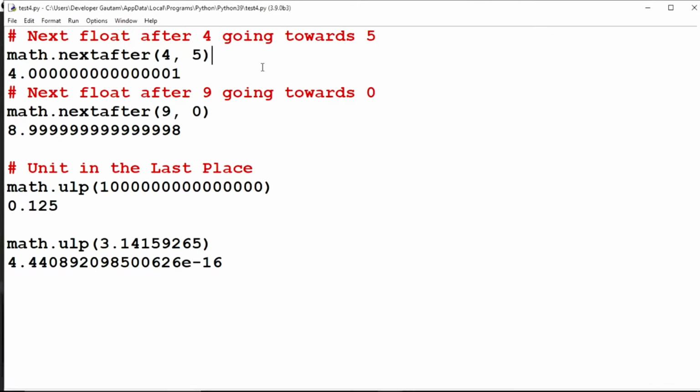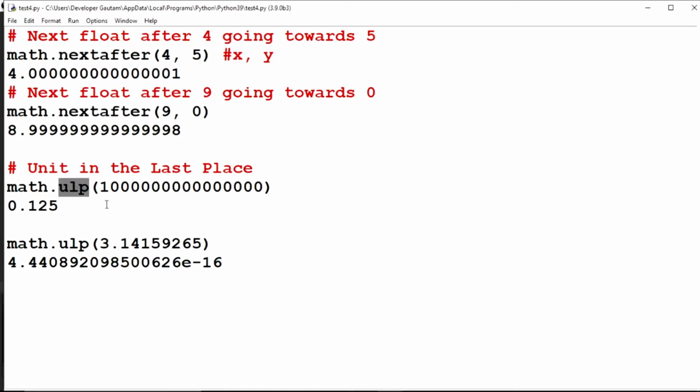And now let's move towards the fourth new feature, which is again a new feature of Python's math library. The first function is the nextafter function, which takes 2 arguments, let's say x and y for instance. What this function actually does is return a floating point number going from x towards y. Like you can see over here, 4.14 zeros, and then you are going to get 1, which means it is the next number after 4 while going from 4 to 5. And I have a second example here as well, where the value of x is 9 and y is 0, which means it's going backwards from 9 towards 0. So here you can see that we'll get an output of 8.999, and so on.